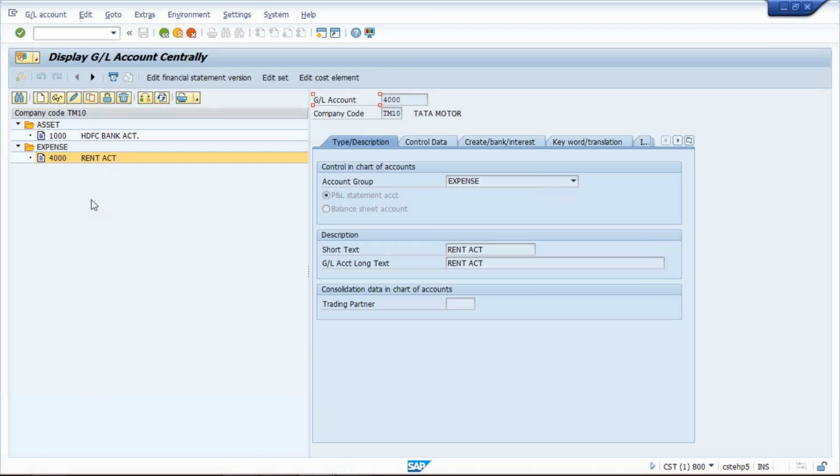So what is the use of block, and what is the use of set for deletion or mark for deletion? This is called set for deletion and mark for deletion. Generally SAP has given different uses, but in real time people will not follow this. So I'll tell you guys what is the use of block and what is the use of set for deletion. Let's suppose